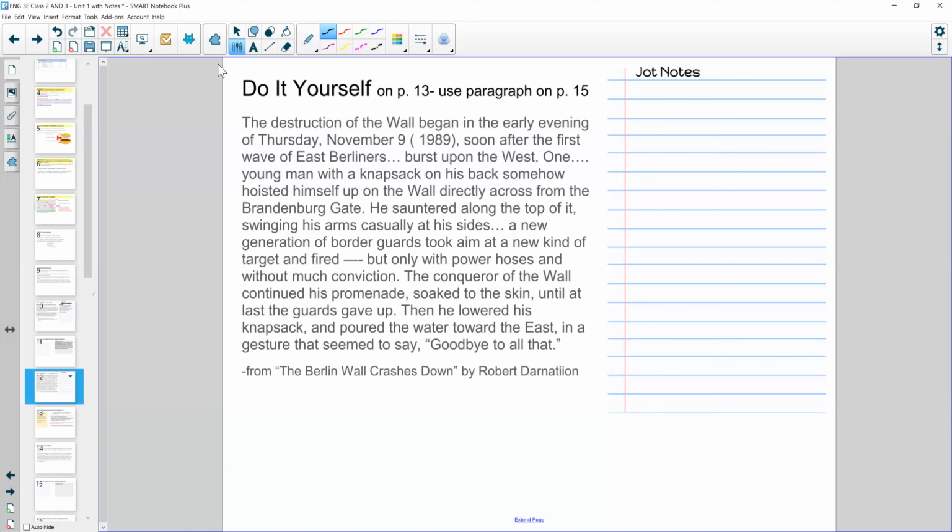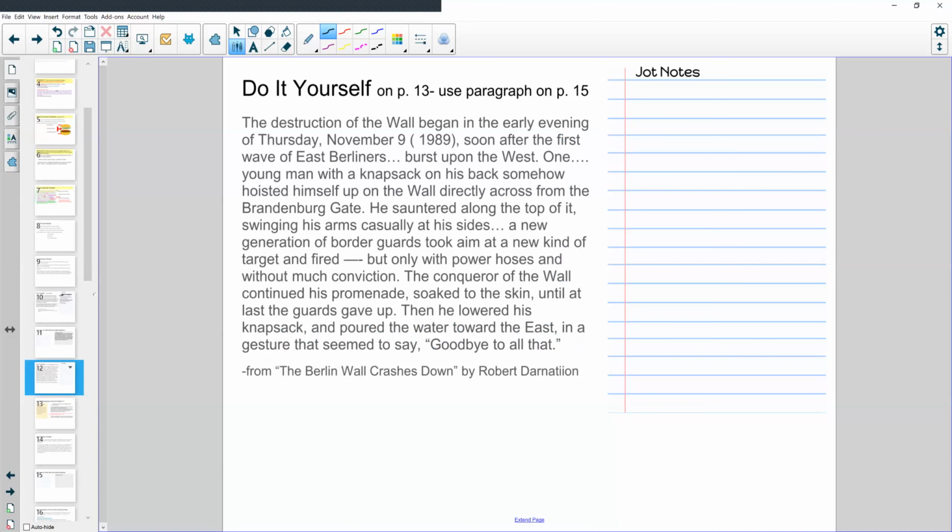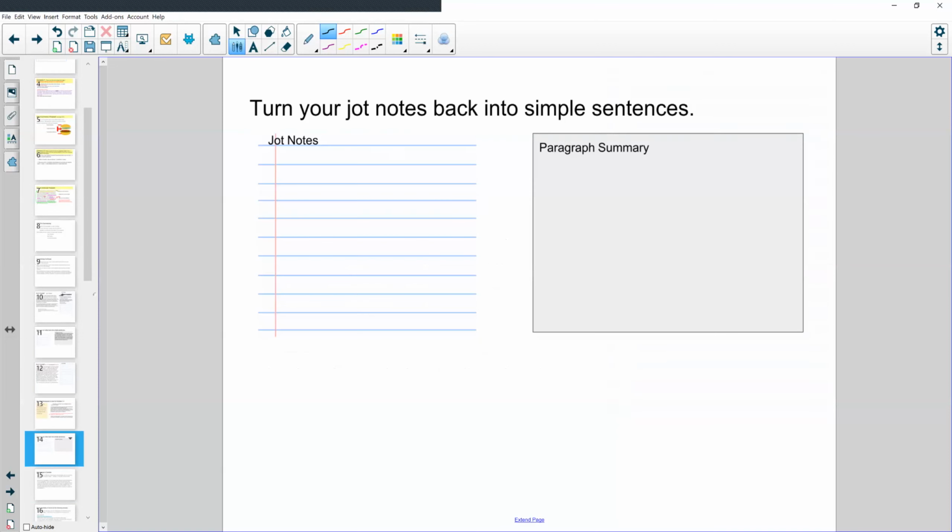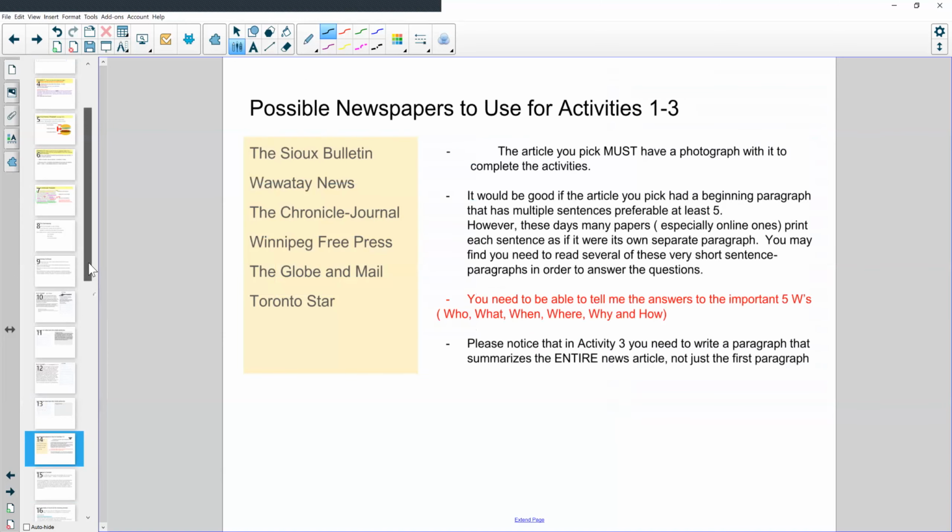So we would want to make our jot notes of the topic sentence, the details, and then the closing sentence. And then you would want to go back and turn it into a paragraph of your own. Great. Okay, so that's one of your first activities that you need to work on. Now, next,